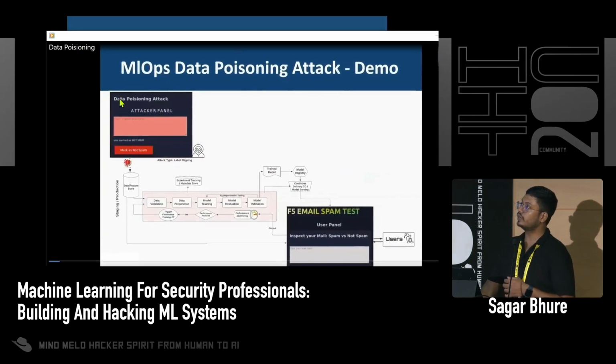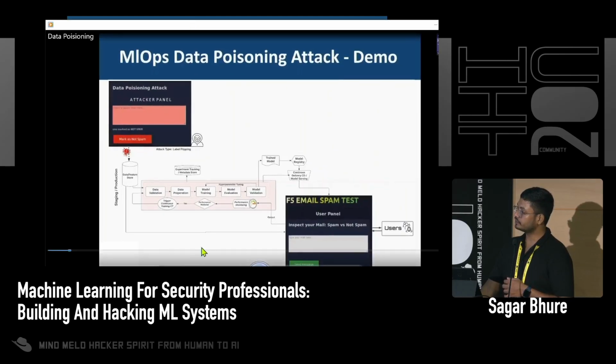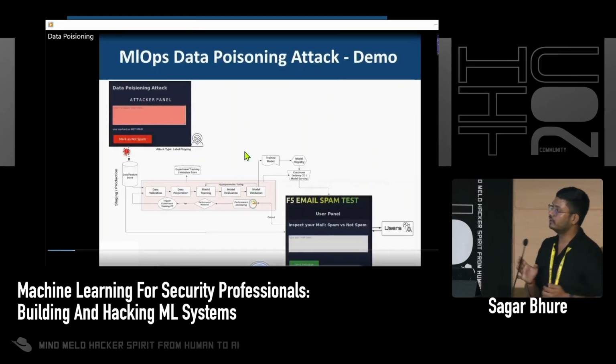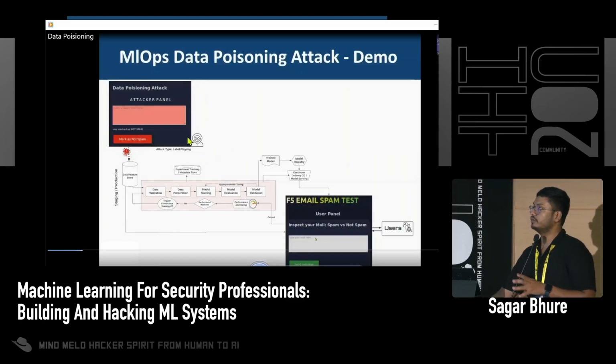Okay, so this is how an MLOps data poisoning attack architecture looks like. I made this like 8 months back, where you have an attacker panel on the top left. Probably let me pause this. You have an attacker panel on the left side, on the top left, where an attacker can do a label